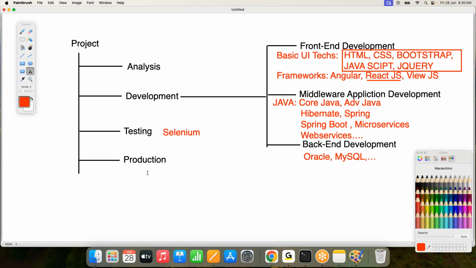Production. What is the meaning of production? I have taken a project, I developed that project, I tested that project, everything went completely successfully. Then what next? I have to submit my project to my client. The person who has given the project to me, I have to submit that entire project to the respective client. How are we going to submit the project to the client? First of all, we have to send our team to the client's place. At the client's place, they have to install our project. They have to transfer the knowledge to all their employees to work on this particular project.